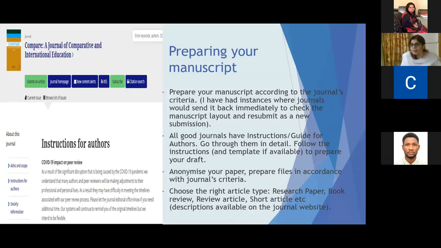I have had instances where the editors would send it back immediately because they thought that the layout was not okay. So